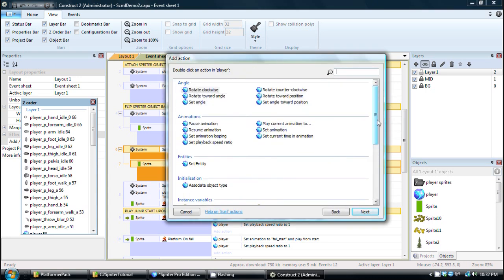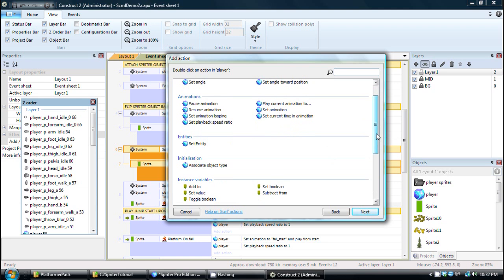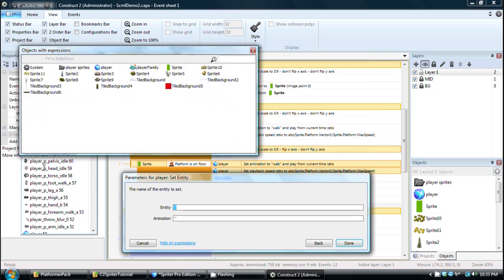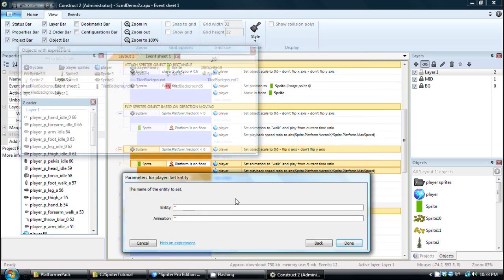One of the most important ones, if you have a large Spriter project that includes multiple enemies, for instance different characters or characters and effects and enemies all in one scml, you're going to need to set entity quite frequently perhaps. What this does is, let's say the Spriter file had multiple entities, like one entity was called player with all of the player animations, and the next entity was called enemy with the enemy in it, okay? What you would do is choose